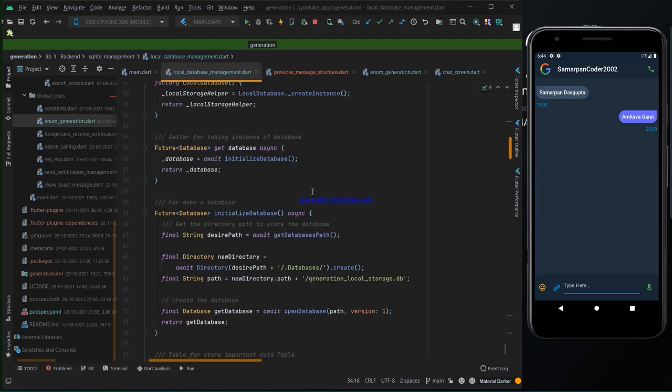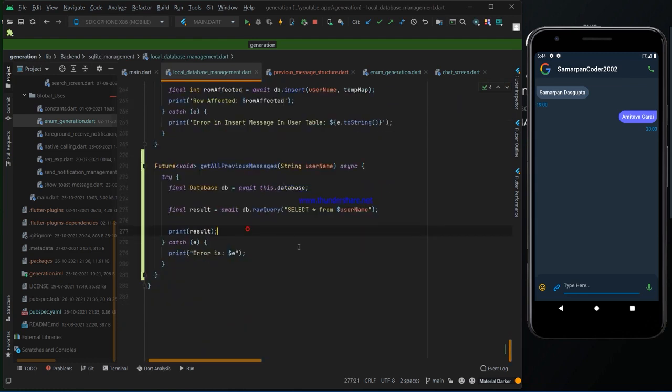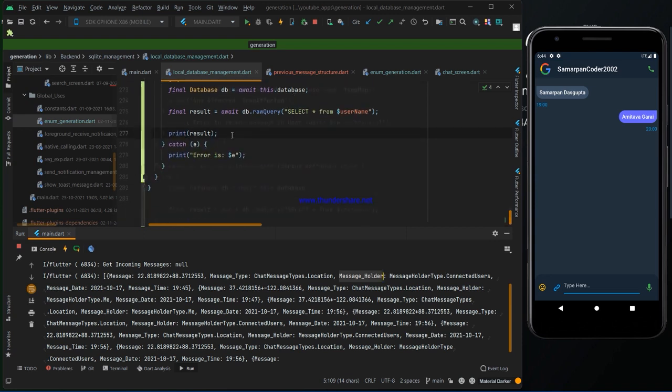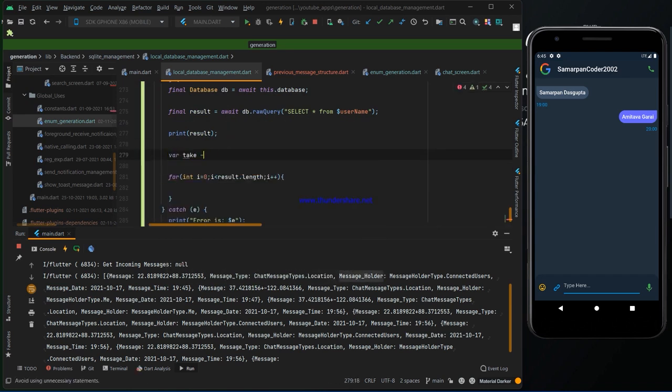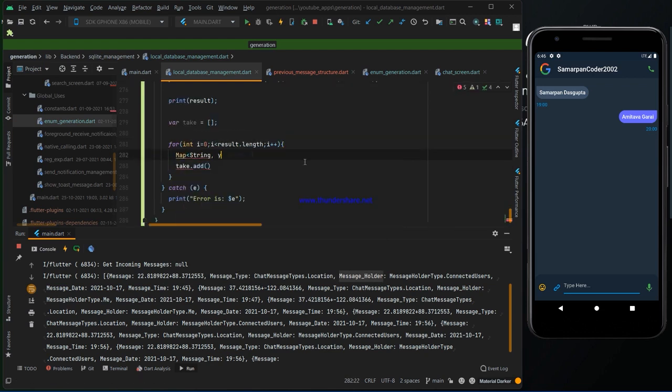Under local database management, we now have to do one thing. You can see here it is coming as a list of map string dynamic. So we make a temp map here to take that map string dynamic of every element.